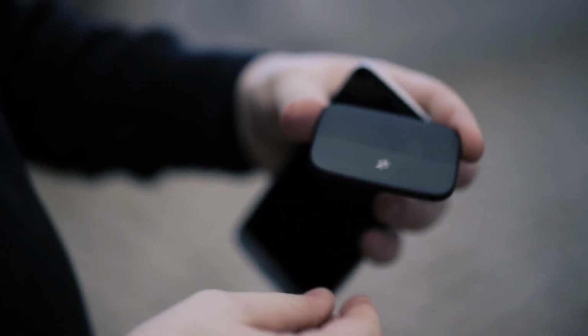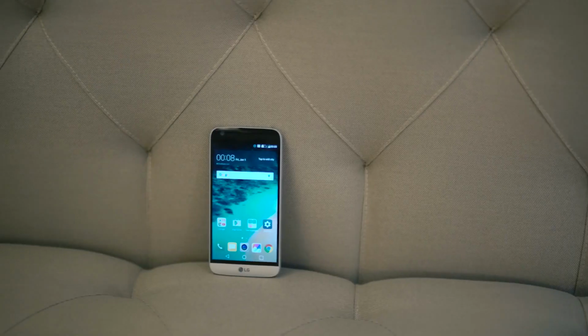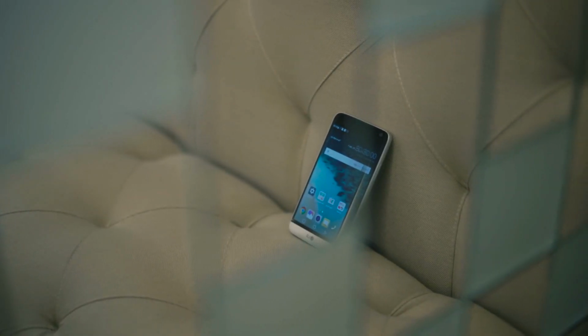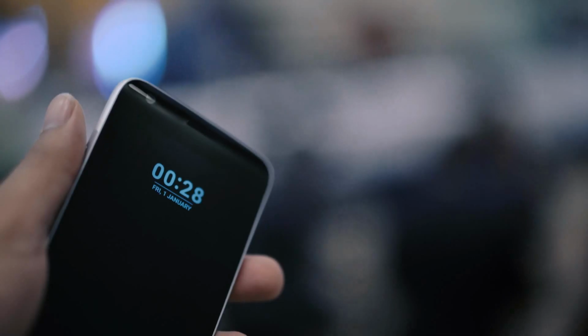on LG's part. Other accessories like the audio module are being called friends by LG. According to LG, third parties will also be able to make these accessories moving into the future. It's going to be really interesting to see how the G5 does with customers, but at the moment, I'm personally really excited about it. It's very refreshing to see a phone manufacturer really try to innovate again and